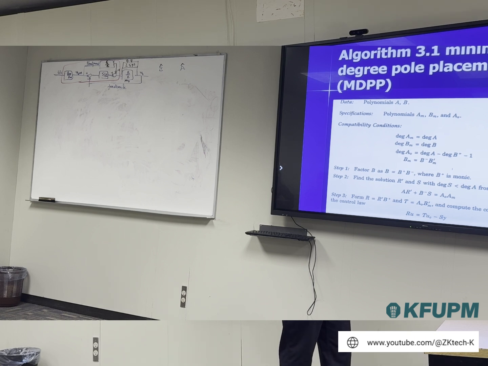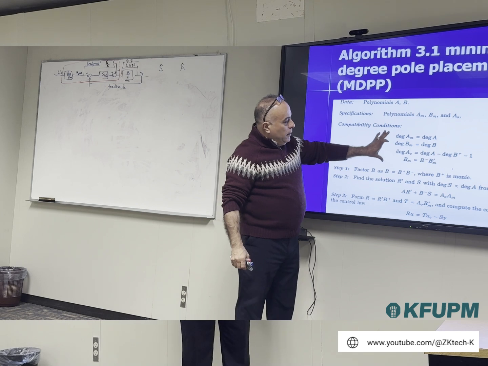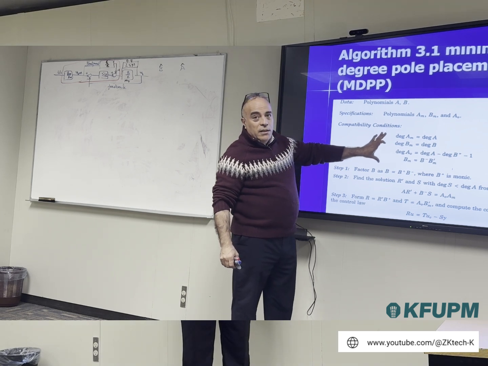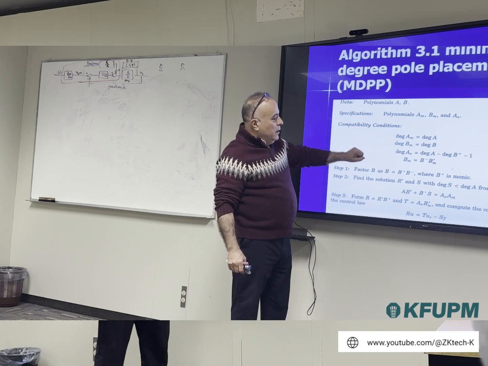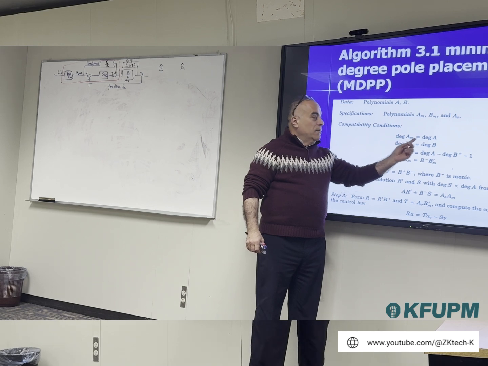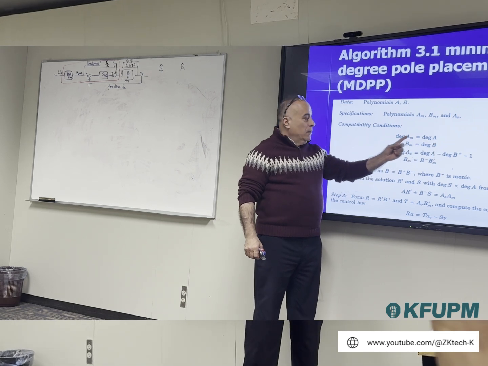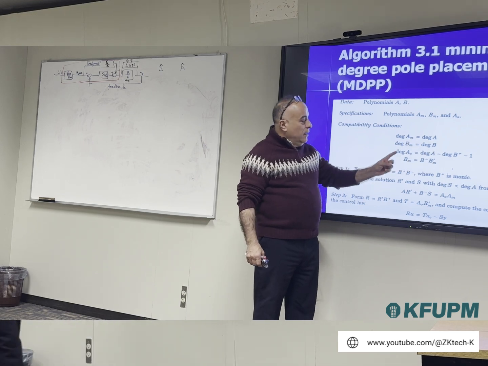Here we go through the way to fix the estimation degree, and from the estimation algorithm we are going to put it based on these parameters. We don't have to find values directly with the conditions, and we call these the compatibility conditions. If I put the noise at the level of the input here, we are going to select the degree of the reference model, the persistence, same degree as A. Exactly, we are going to select the degree of Bm the same degree as B, and then degree of A0,